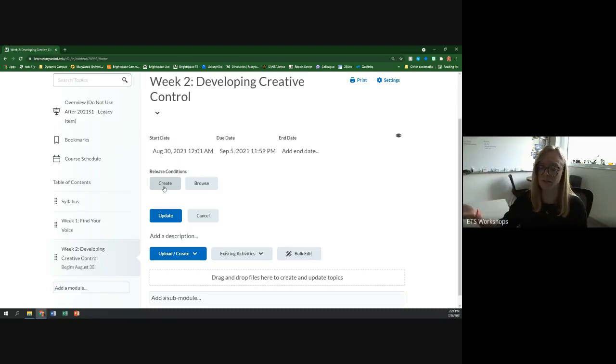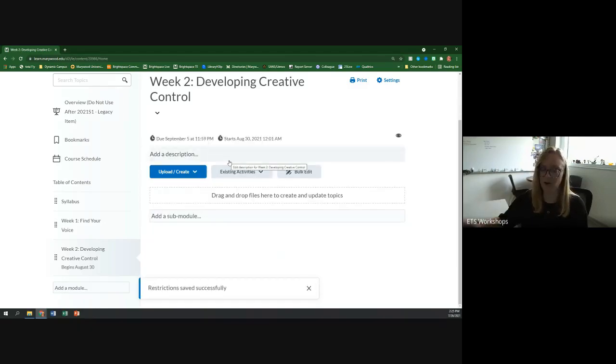You can really add release conditions to just about anything. So once you create them, you can just browse for them so you can see what other ones you've made. If you want to just keep using the same one, you can click browse and look at your previous release conditions. So I'm just going to click update to get out of that little date area, but I just wanted